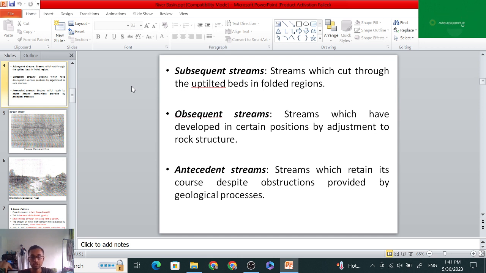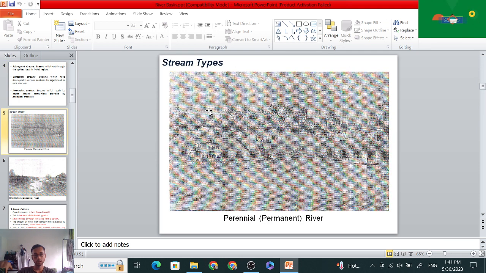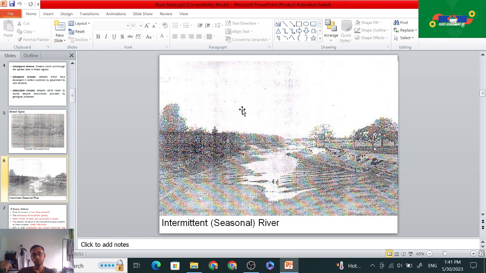Then obsequent streams are streams which have developed in certain positions by adjustment to rock structure. And antecedent streams are streams which retain their course despite obstructions provided by the geographical process. Among the stream types, there can be perennial or permanent rivers,